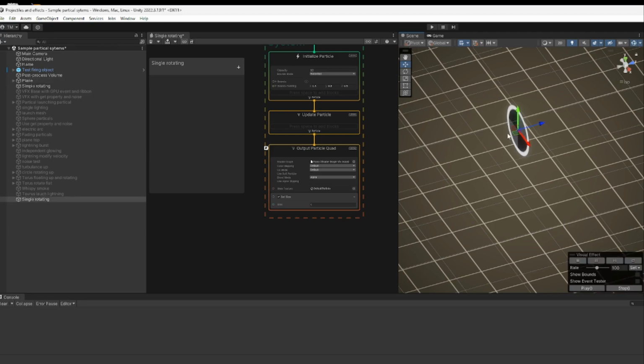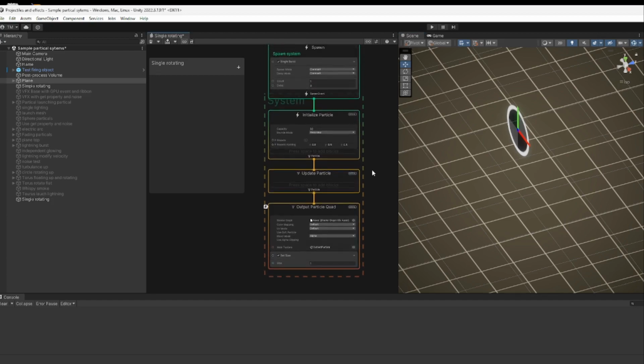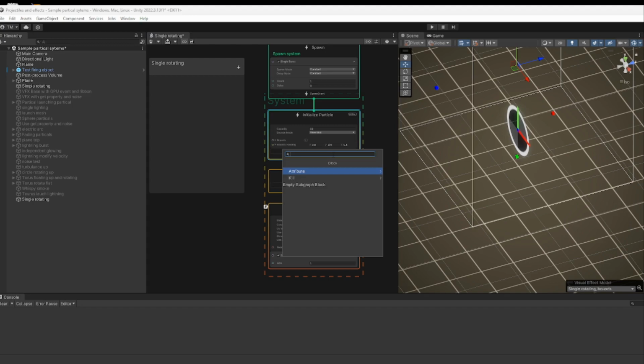Because you'll notice this aligns with the z-axis, the y-axis, and the red axis. So that is why these lines appear on the particle, to help you visualize what the local coordinate system is on the particle that we're working with. So when we initialize the particle, I want to set the angle to it, because I don't want it facing this direction. So we are going to set the angle,